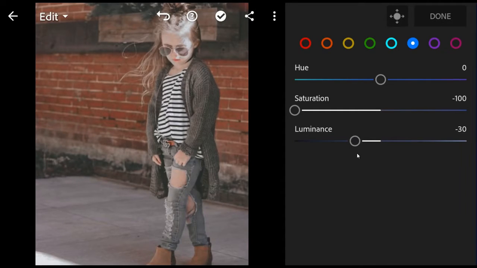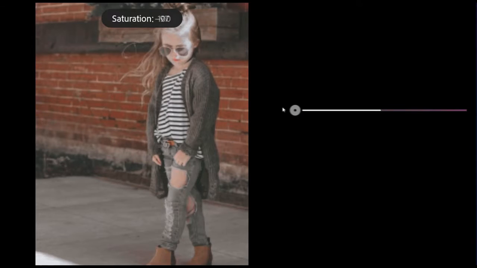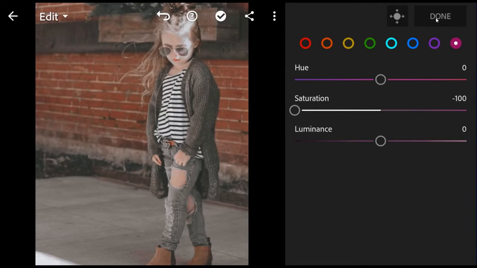Bring the saturation to -100 for purple and magenta. And done.